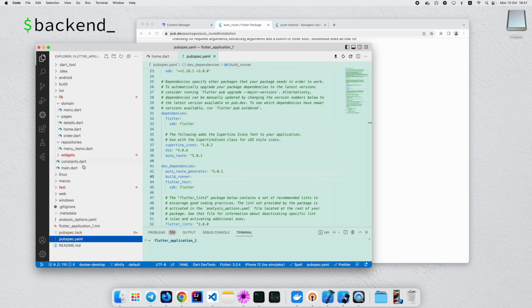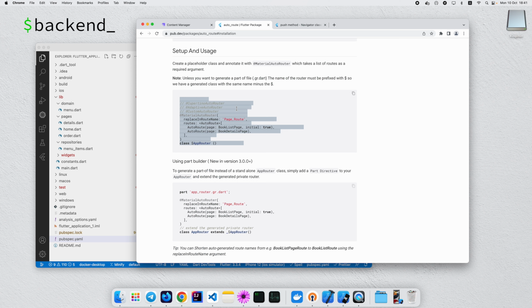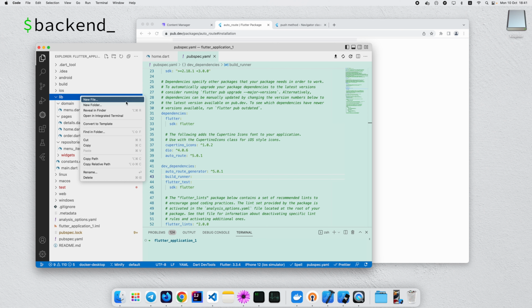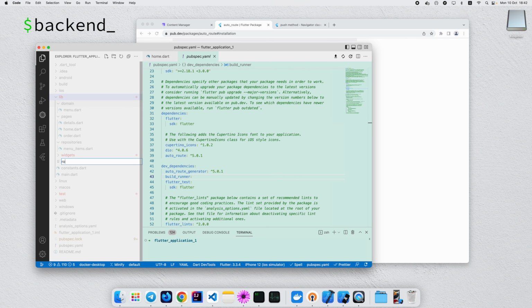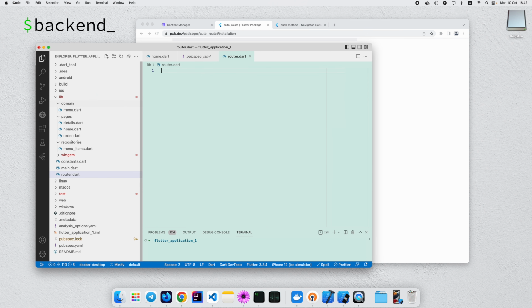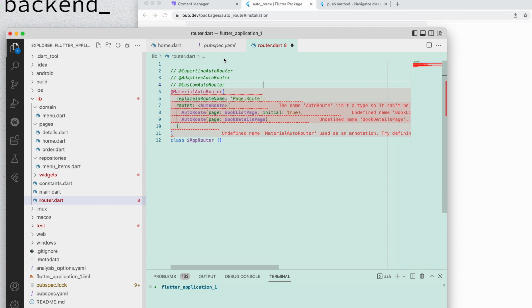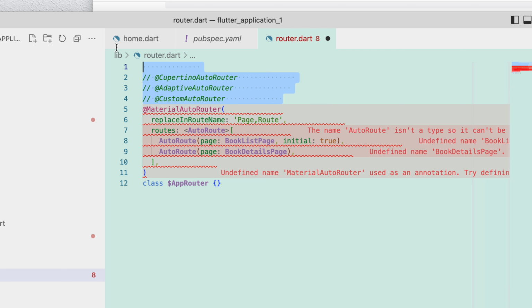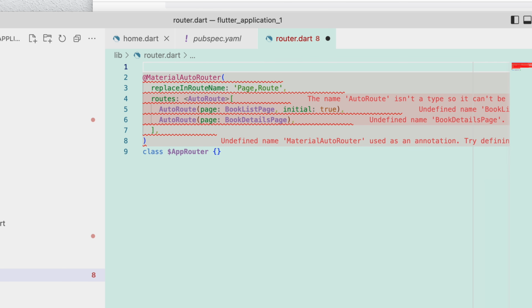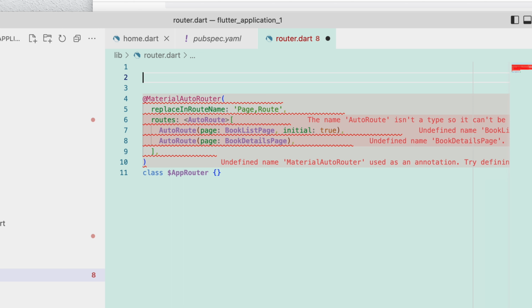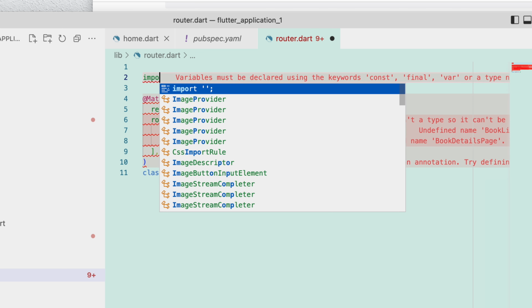Now we need to create a router class. If you were to look at the documentation, we can create a placeholder class using this template. So let's copy it and let's create a new file in our lib folder, and we will call it router.dart. Paste in our placeholder class. I'm going to remove CupertinoAutoRouter and AdaptiveAutoRouter. We don't really need it for now. Feel free to read what these are in the AutoRoute documentation, and then I'm going to import